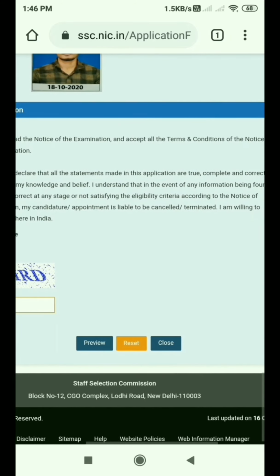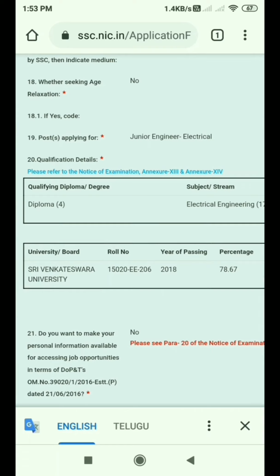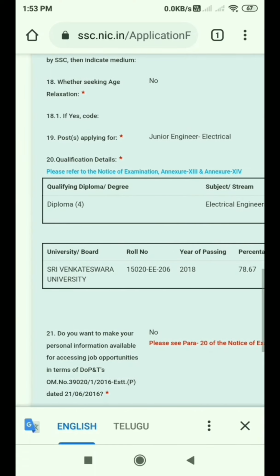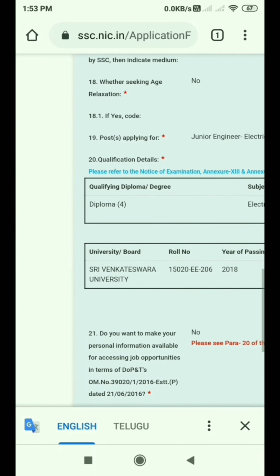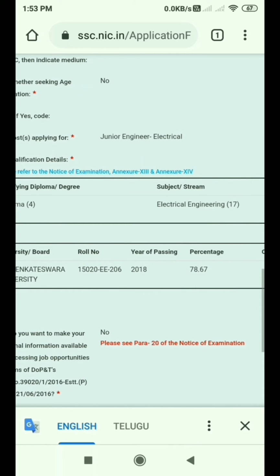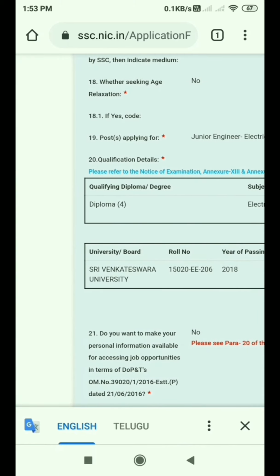Our university is Sri Venkateshwara University, SRI. So please select carefully. I give these instructions to my classmates, so go with your university, whichever region you are in. And here I said without hyphens, but it takes hyphens also.